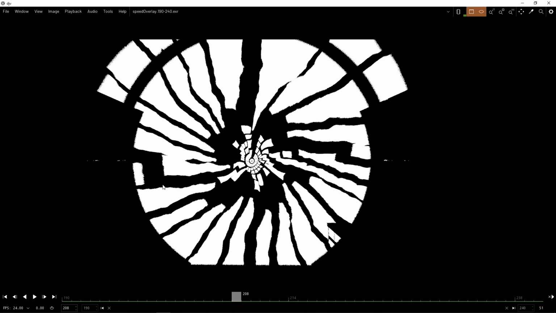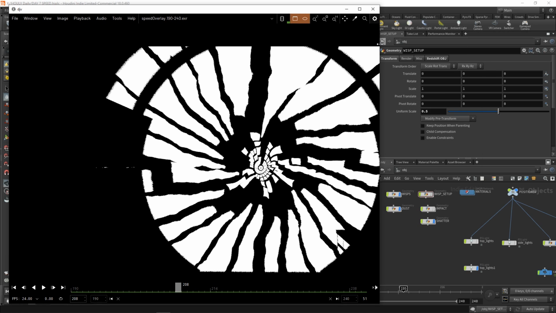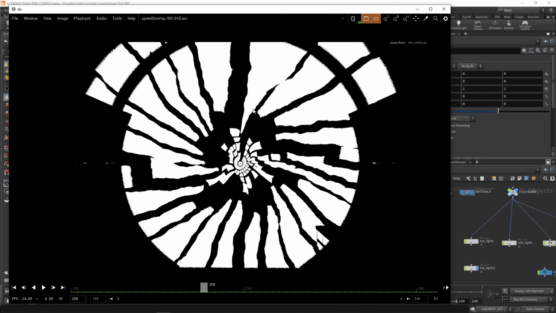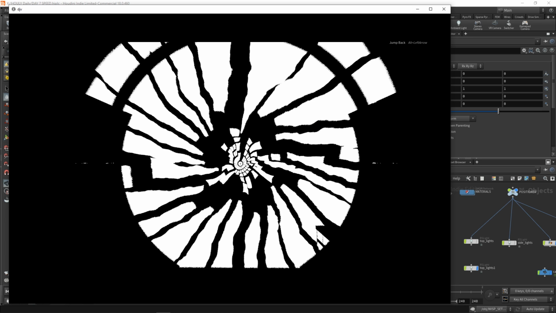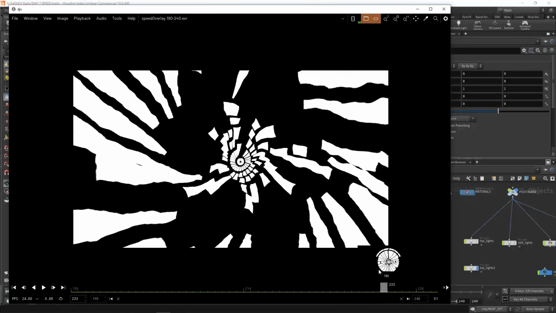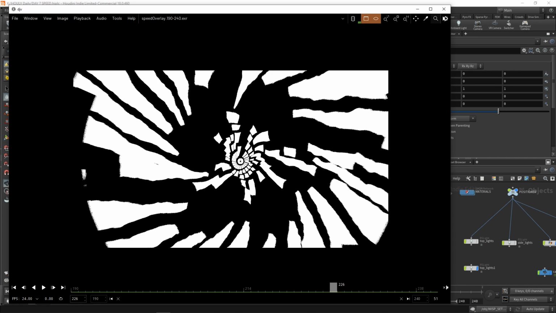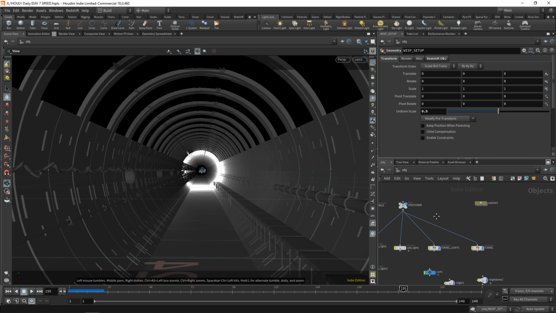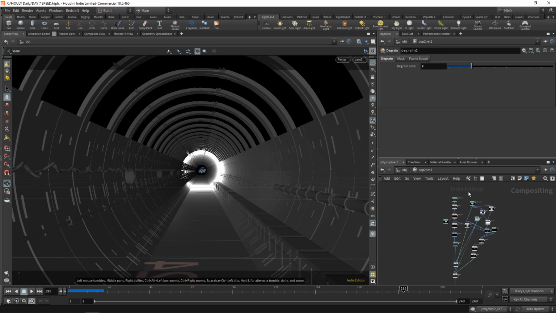And this is where it gets interesting, right? If you're not familiar, comping just means compositing. What you're doing is compositing more than one image together. Usually it will be with render layers, so add your reflection plus emission plus specularity to your diffuse. Alternatively, you can do fancy things like what I'm about to show you. So you take this overlay, which is just an emission layer. It's just black and white, which is really good for comping, because in comping you tend to want masks. Masks are basically any images that are black or white, or two varying alpha values. You basically just want two values that can separate. So black and white's good. Anyways,